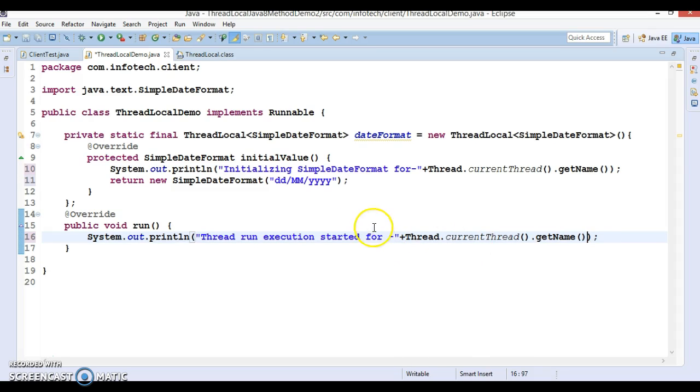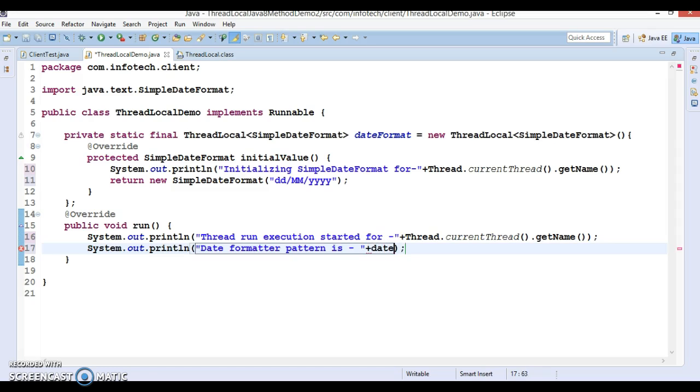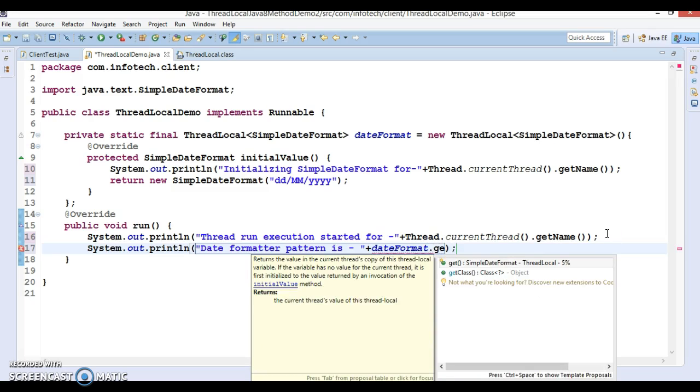Now again we can print one more message saying date formatter pattern is, and the date formatter is nothing but an instance of thread local, so we can call the get method on it.